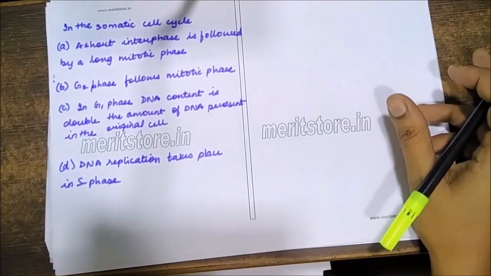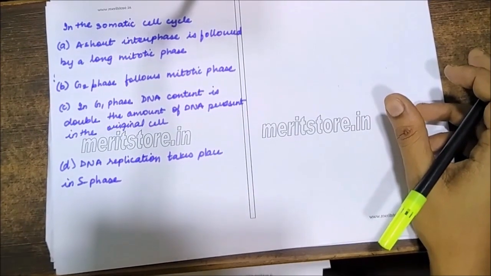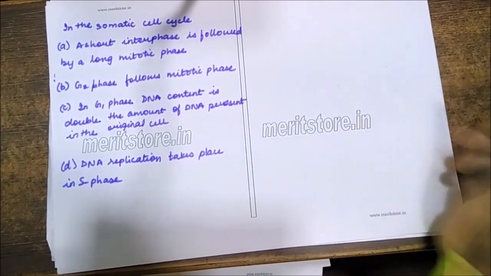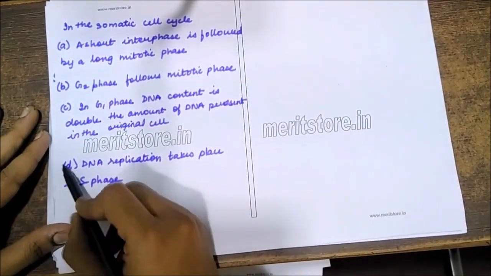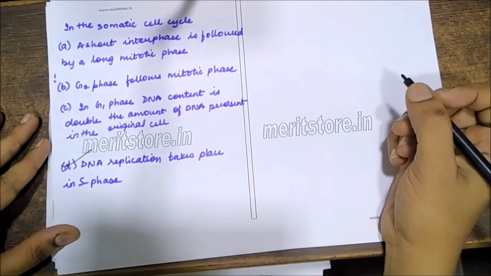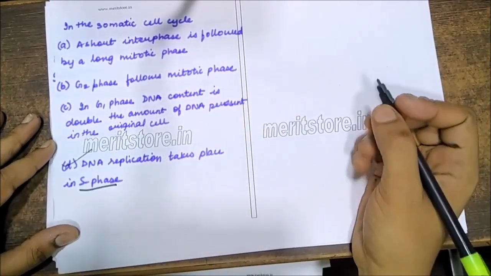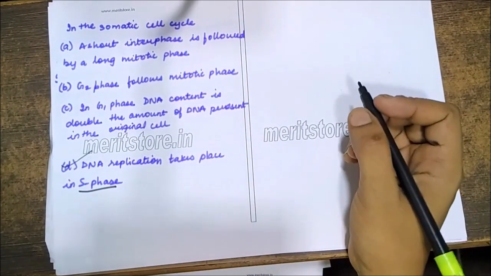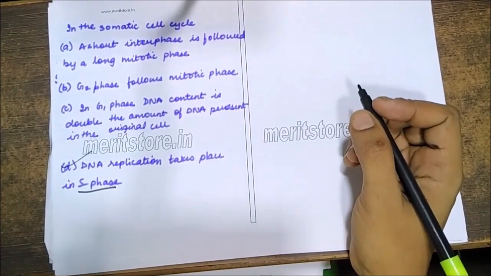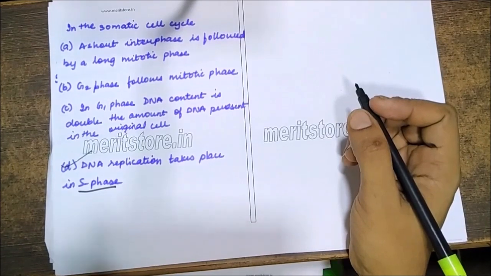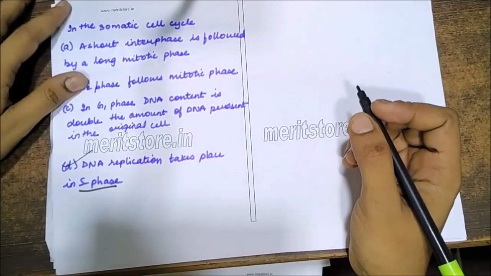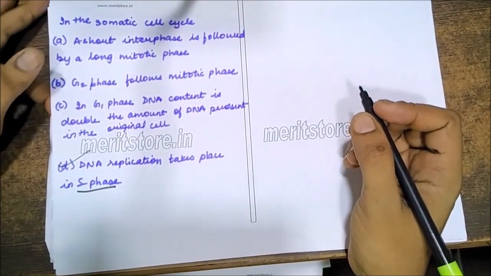A somatic cell cycle. So in the somatic cell, DNA replication takes place in the S phase. Okay, it's a characteristic feature of S phase. DNA replication takes place in the S phase, and during the growth phase, only growth is occurring. It will not undergo division. All right. Next,